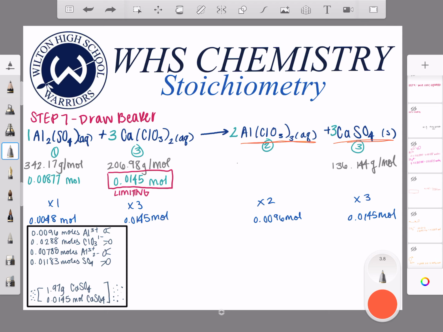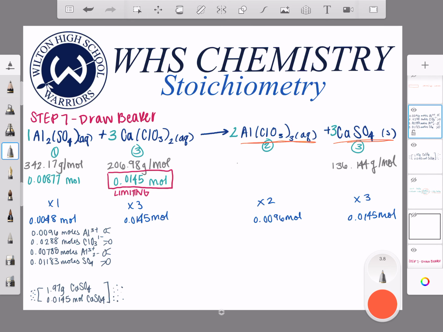And then once again, since our ions are in an aqueous solution, that means they're in water. So we drew little water molecules, and notice how the heads or the tails are facing them based off of their positive or negative ions. So now that we've drawn our beaker,